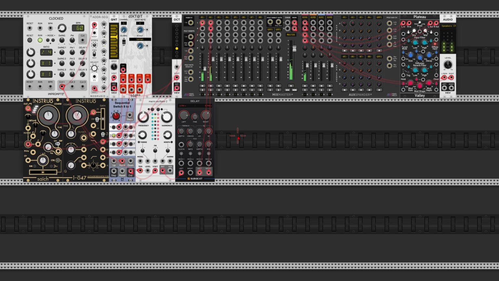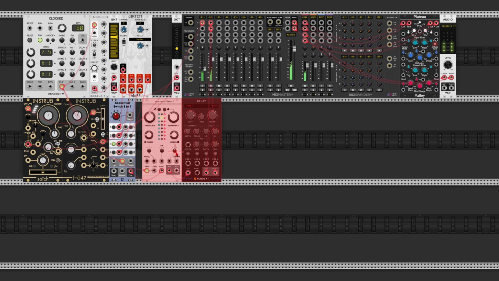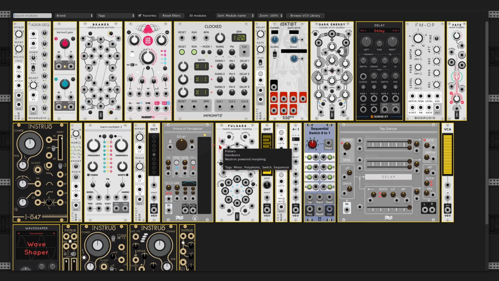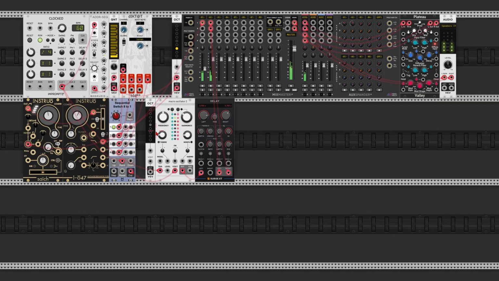That sounds more balanced. Now something that sounds nice when using these kinds of delays is to have a combination of higher and lower notes, but the notes over here are all within the same octave, since that's how they come out of dIKT. So let's add in some octave randomization. Add in an oct module from VCV, send the notes through it, and now we can change their octave over here up or down. To automate that,